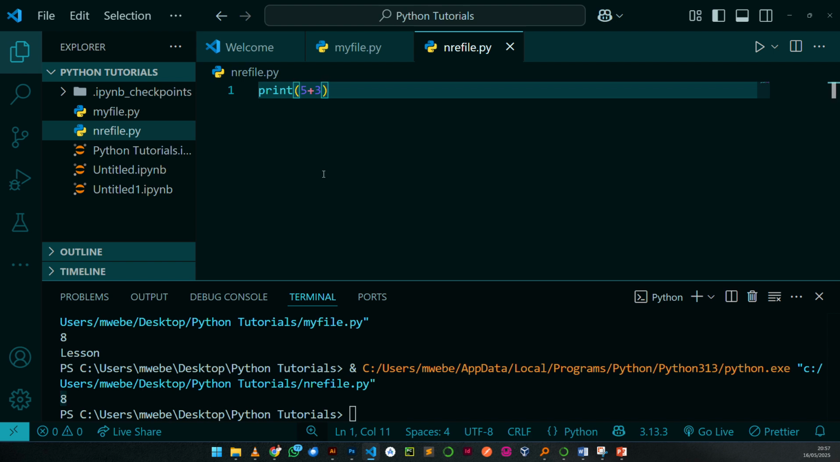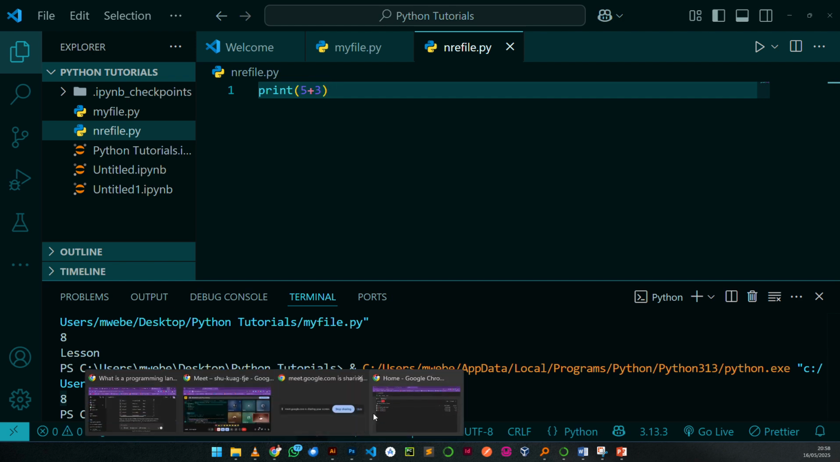So that is it if you're running the code if you're using VS Code. I believe I have been as explicit as possible. So let me go back to